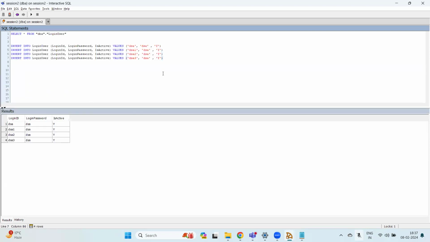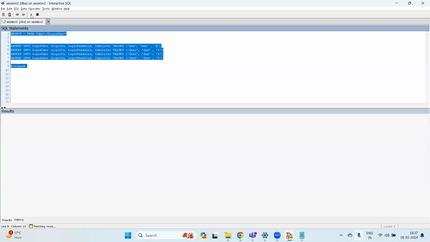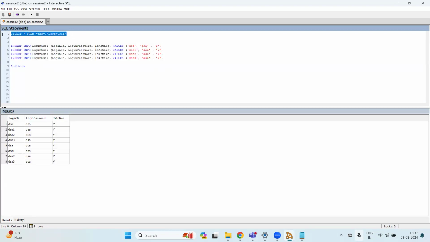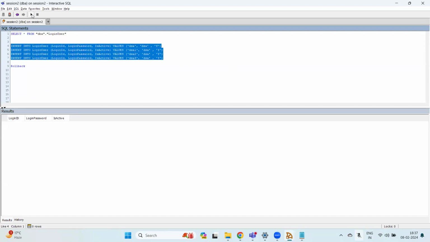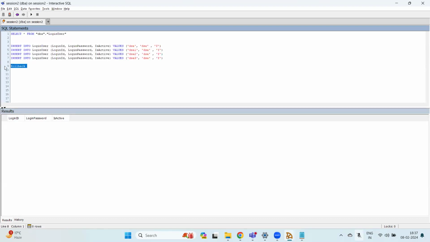If I roll back, then it will roll back from the transactions. If I roll back and then try to execute again, nothing will be here. But if I insert and then commit, then it will be a permanent change to the database. So every time when you do something,